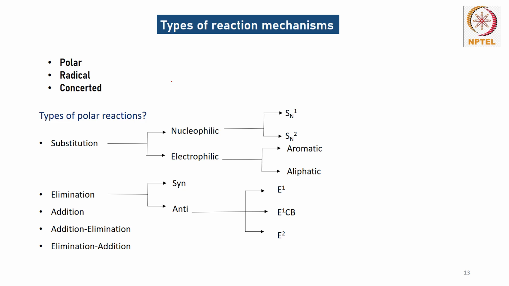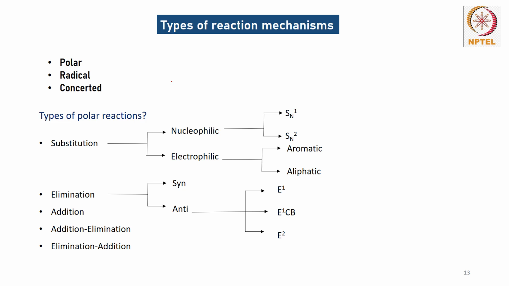Polar means where the positive and negative are reacting with each other. Like one will be an electrophilic center, another will be a nucleophilic center. One center is electron deficient and another center is electron rich, and both of them will react. That is called polar. Another is radical. What is a radical system? Radical means when two radicals, like one electron each, get combined with each other. That is called radical. And concerted means